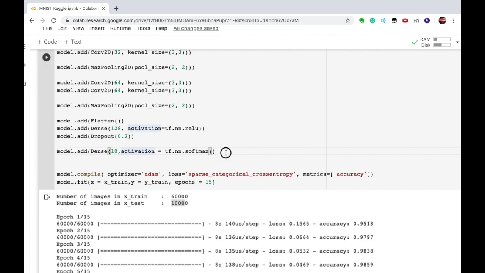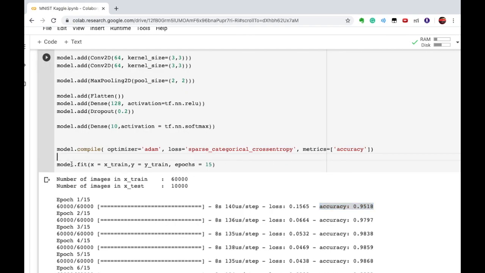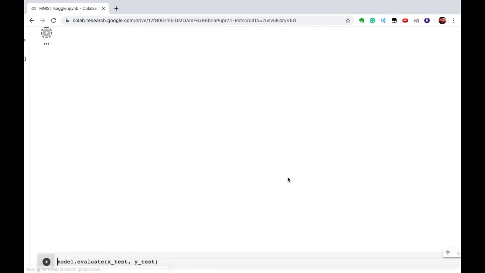After doing that I am compiling the model. I am using the Adam optimizer with categorical cross entropy and the metric accuracy, meaning I want to know about the accuracy. After that I'll fit the model. To fit the model, in x goes our training images, and in y I have to pass the labels of all those images. Here we have 60,000 images and the labels of all those 60,000 images. So let's execute this also.